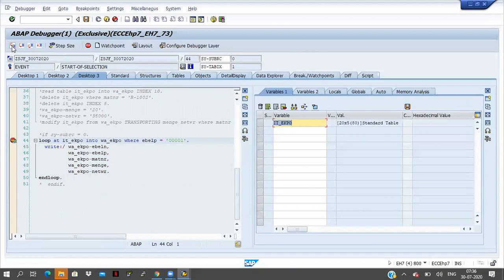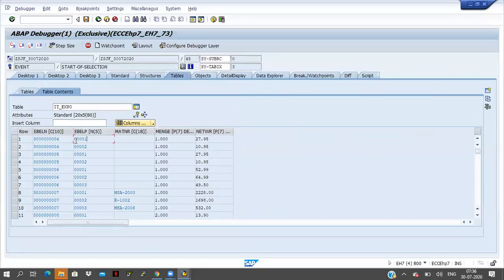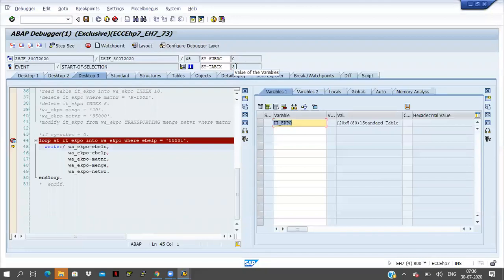And here one more time I'm looping. You can see SY-TABIX equal to 3 is coming. Automatically 3 is coming, 2 is not coming here. So what is happening here? The first record equals 1, but the second record equals 2, so automatically it is skipping. Directly it is going to the third line. That is why SY-TABIX equal to 3 is coming here. Okay, fine. Click on the F5 button.